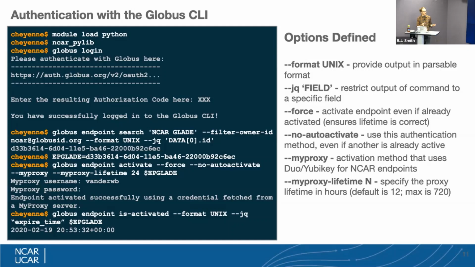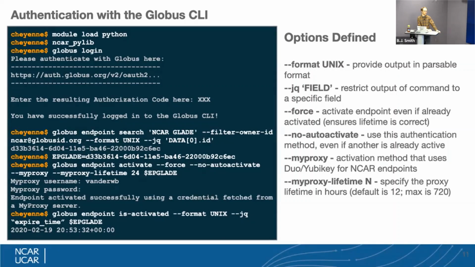But there are some other options here that I think you should be aware of. So there's this --force option. I like specifying that one because it will activate the endpoint, even if it's already activated. And the reason you'd want to do that is because the endpoint activation has an expiration. Again, if you activate it via the web, the default is 24 hours. If you activate it with CLI, the default is 12 hours. I'm not sure why the difference. But if you do the force, then it will start a new 12 hours instead of just saying, oh well, you activated 10 hours ago, so I'm just going to use that activation and you have 2 hours left,